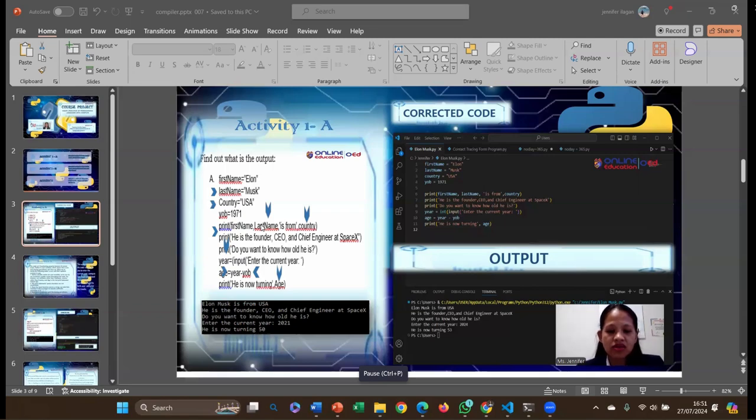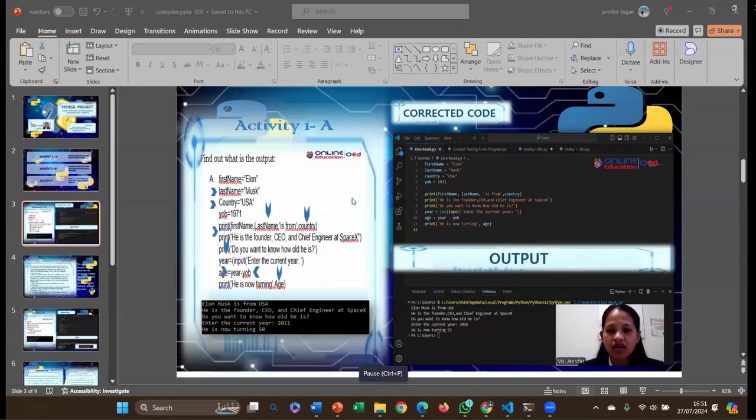Since the input function returns a string, we must first translate this part into an integer for us to be able to execute arithmetic operations. And also, some print statements omit a closing parenthesis.